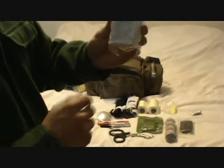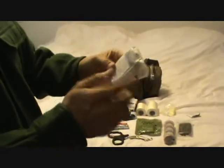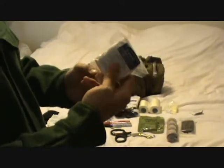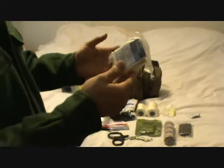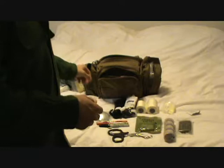No expiration date, so something you don't have to replenish after it goes bad. I mean, you replenish it after you use it, and I carry, I think, 8 of these, maybe more. I throw as much of the stuff in. This bag, you guys have seen this bag, is packed up. I also carry